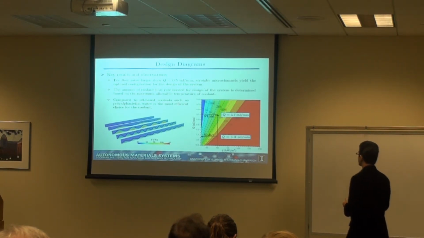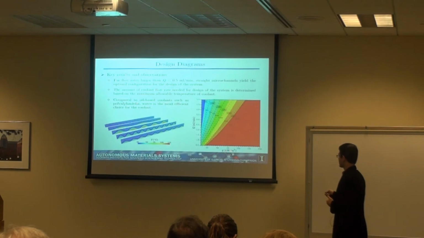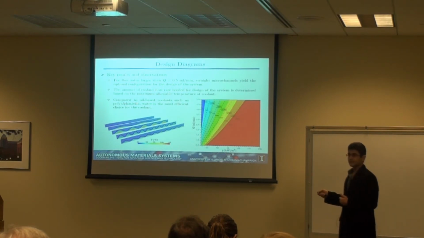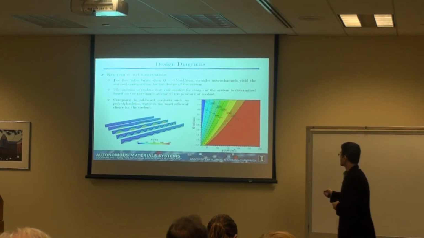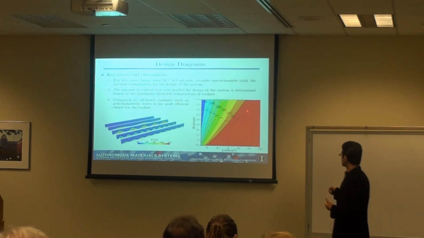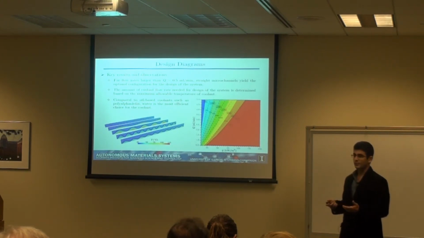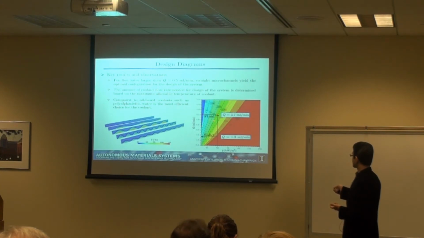So for example, this is the design diagram that we obtained for the design of the system. It shows, based on how much heat flux is applied to the system, the maximum temperature. I don't know if that is completed here, but it shows the maximum temperature in the composite and also the maximum temperature of the coolant. The contour line is the maximum temperature of the composite, and the dashed lines are the maximum temperature of the coolant. And then, based on that, we can determine how much flow rate we need to provide for each